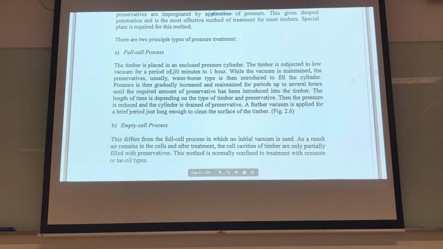So first thing what you do is what? Initial vacuuming the timber, right? For how long? 30 minutes to 1 hour. Then after that, flood the timber with preservative, right? Okay. Then after that, apply the pressure to the preservative, right? Yeah. Then after that,